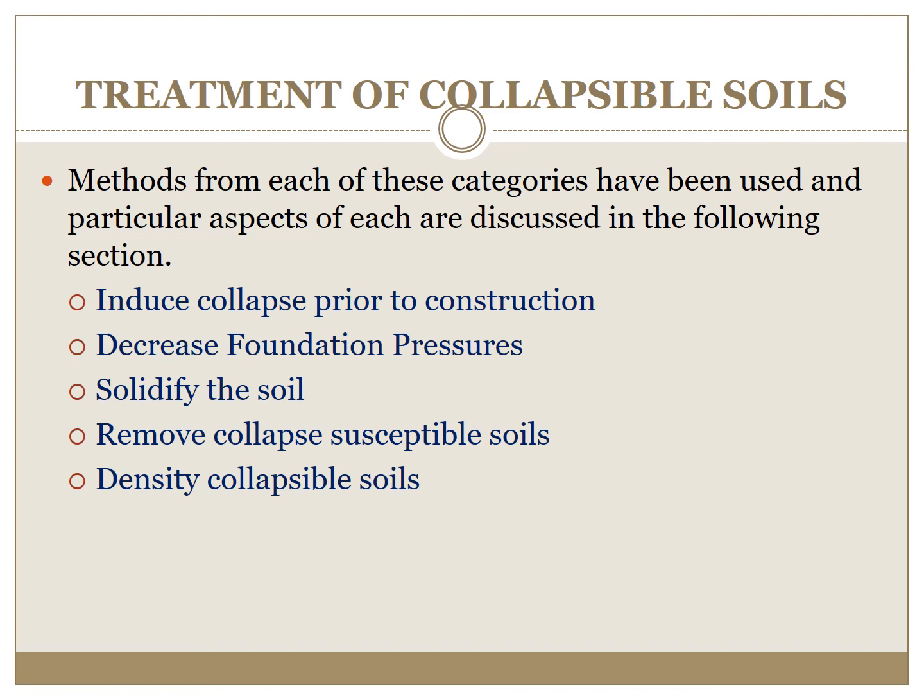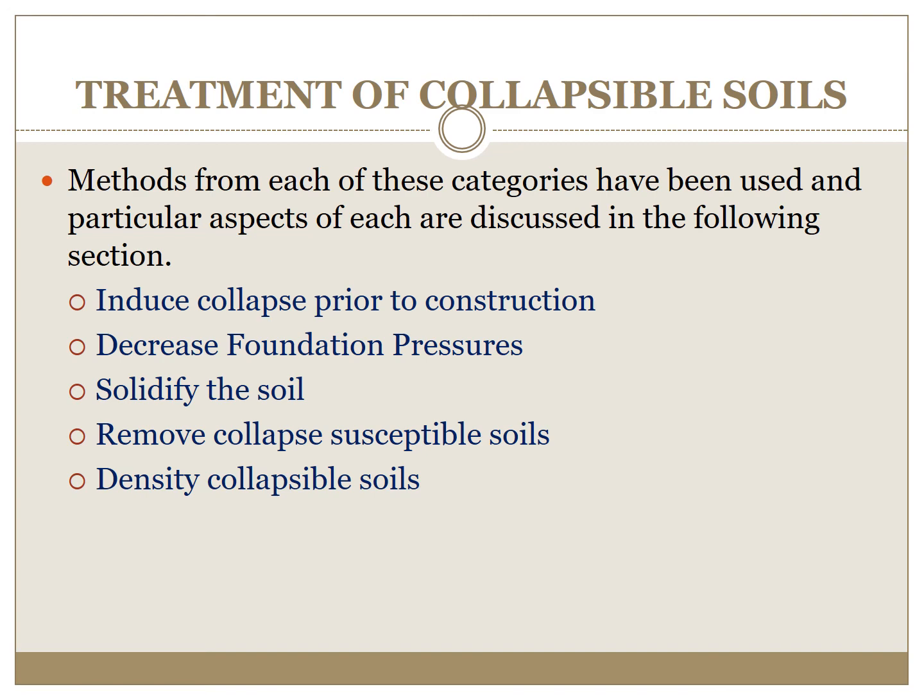Dynamic compaction consists of using a large crane or a tripod to drop a large heavy weight from a certain height to densify a low unit weight soil. The weight is dropped on a regular grid pattern covering the site, and the depressions made by the dropped weight are filled with selected material.